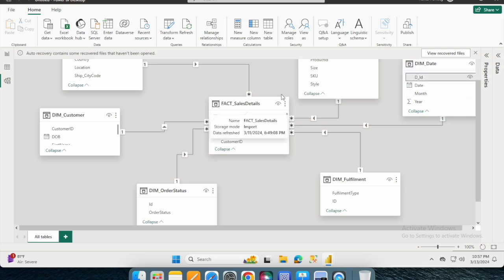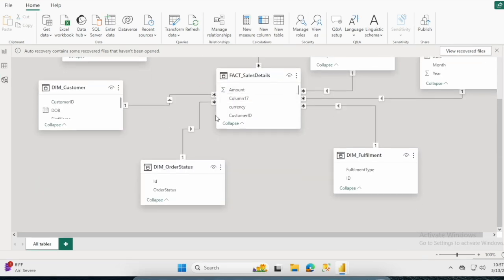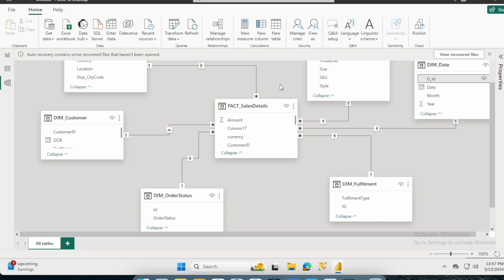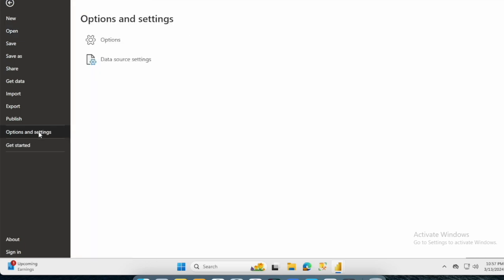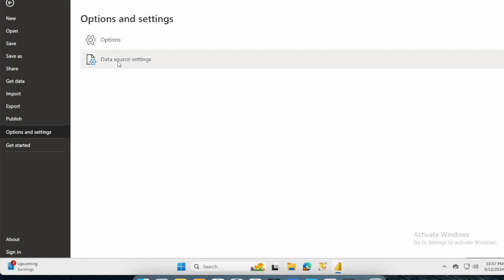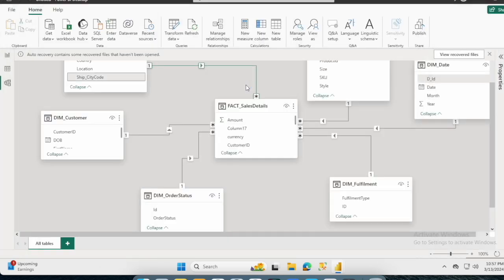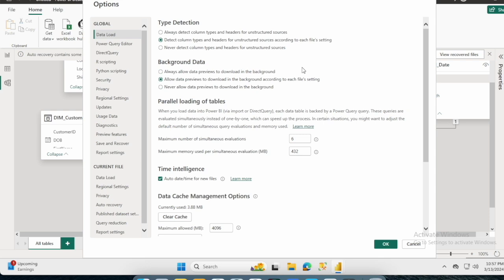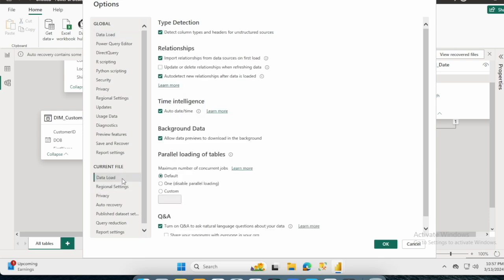Okay, and now I'm going to remove all these relationships created by the smart activities in our Power BI. We are going to open the options and settings. Then we have options in which we can check or uncheck a few of the checkboxes, which help us to remove all the relationships. So here you will find data load. When loading data, it automatically loads all the relationships. Okay, I'm just going to remove these two things, click OK,